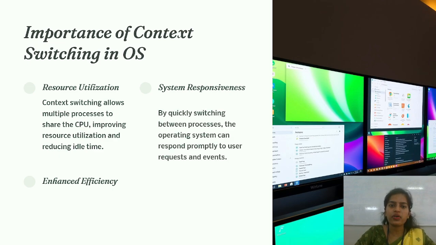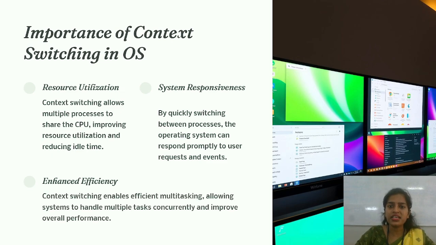Now the second importance of context switching is system responsiveness. By quickly switching from one process to another, the operating system can respond promptly to user requests and events. The third importance is enhanced efficiency of multitasking. Context switching enables efficient multitasking, allowing the system to handle multiple tasks concurrently and improve the overall